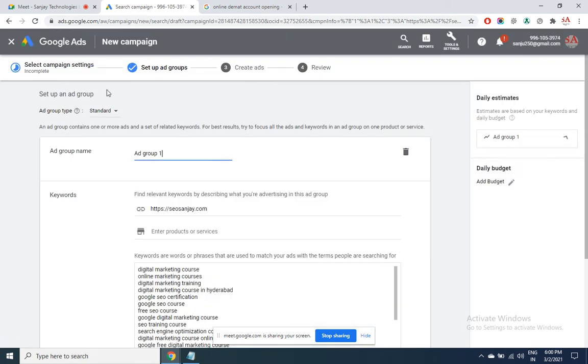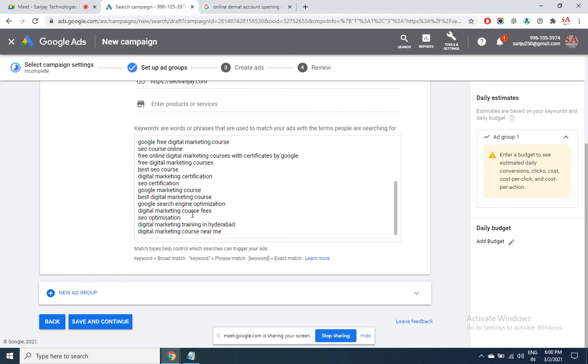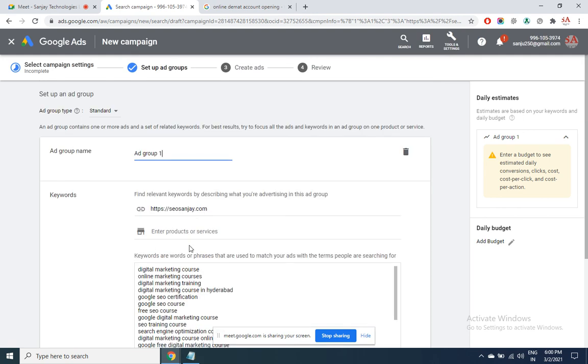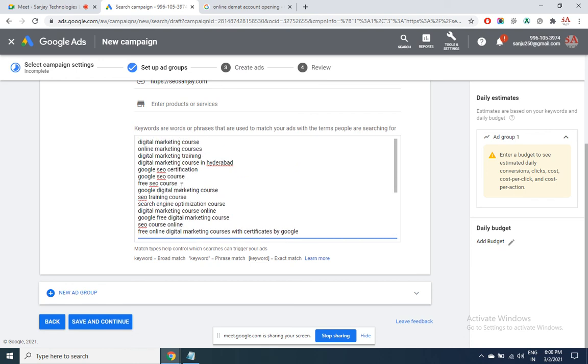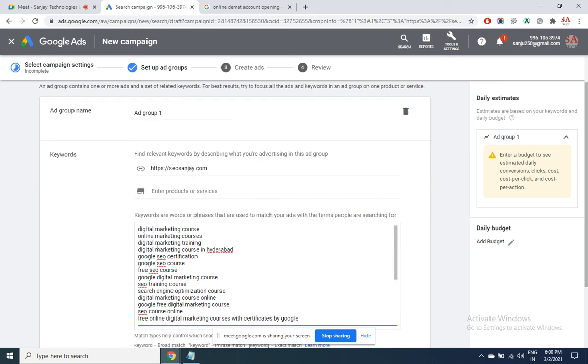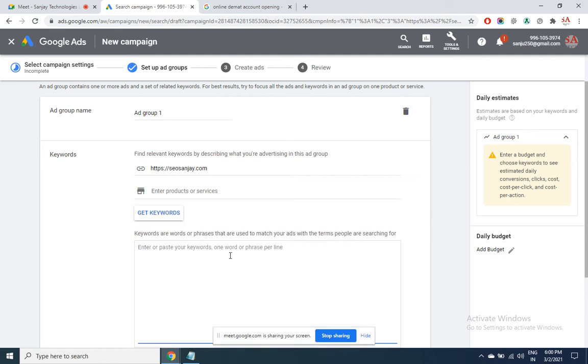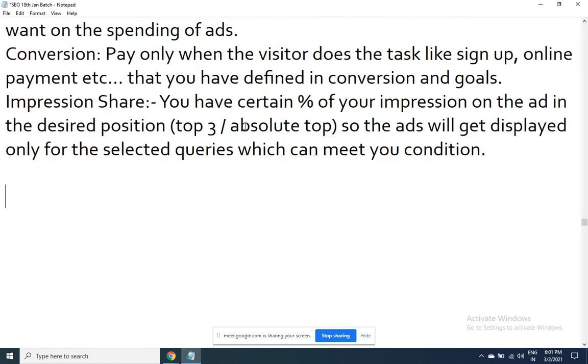Now this is the second screen we get wherein we are setting up our ad. For which keywords do you want to display it? Some of the keywords have come inbuilt. Google has seen that so and so is a website and these are the most suitable keywords, is a suggestion from it. You can remove some of the keywords, you can add more keywords. You can remove all of them and have your own custom keywords that we have discussed in step 1 in AdWords. So first I give the ad group name. What is an ad group?